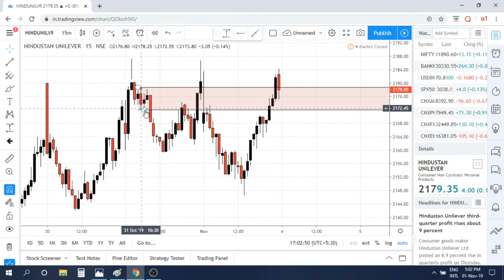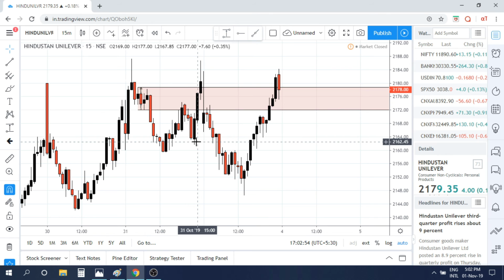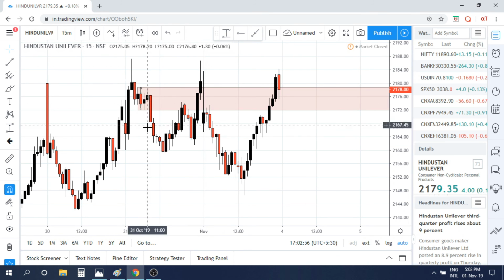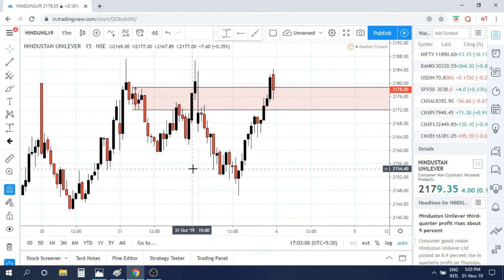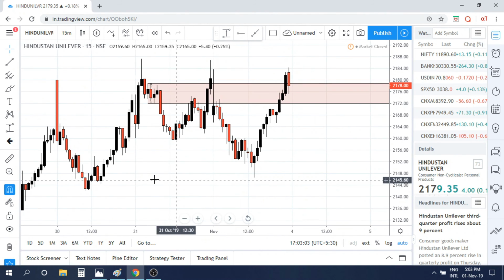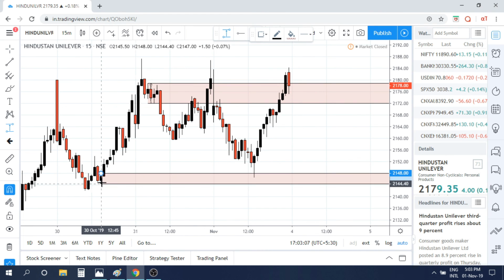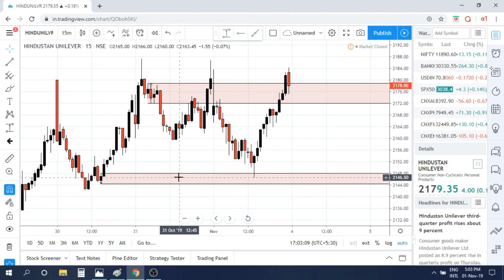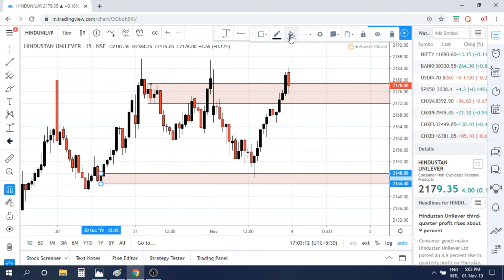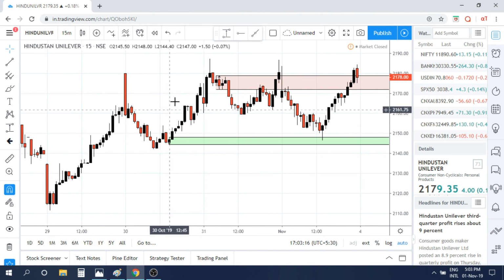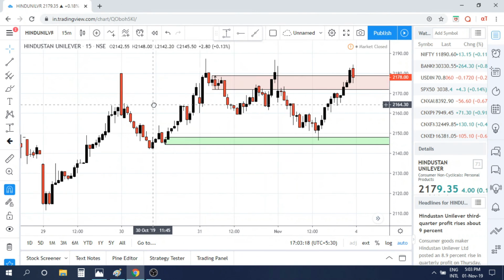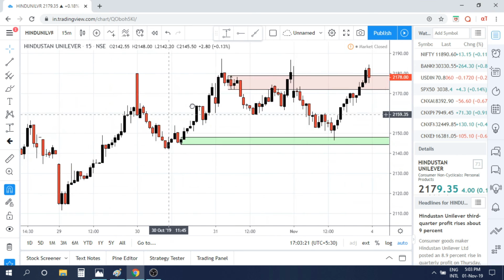See, this was not a good quality zone. For me, this gave a 1-to-1 RR if I mark this wick to wick, and then it broke this. So this was not one of those important zones anyway, right? On the other hand, this particular zone was really a good one. Not because it gave this kind of huge bounce or huge RR, but there are certain advanced concepts which you will also learn, because of which